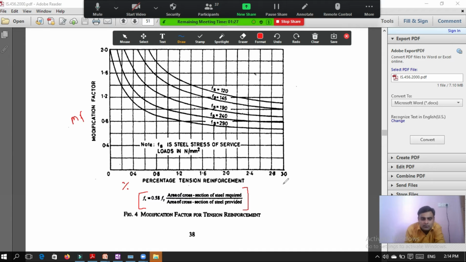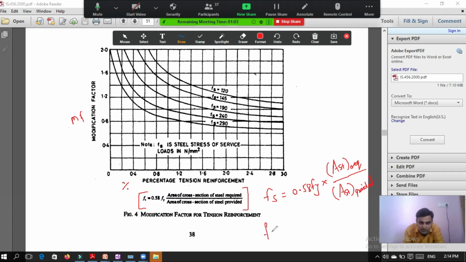So what is the formula? It is Fs is equal to 0.58 Fy into AST required divided by AST provided.